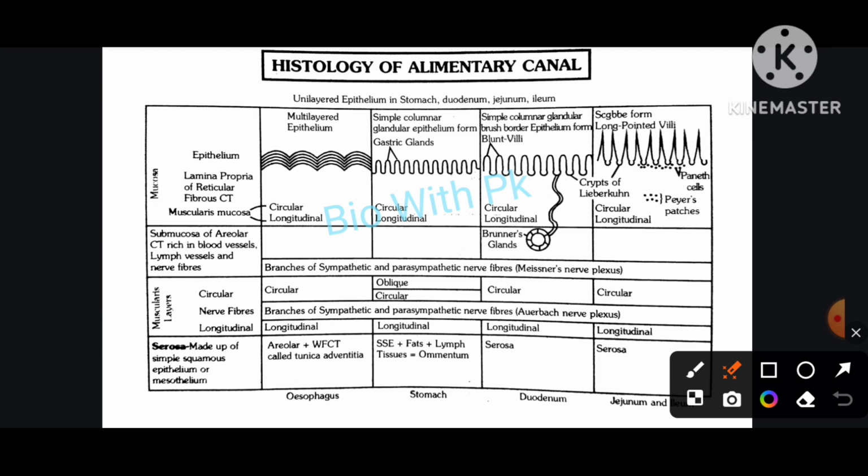Histology of alimentary canal. Unilayered epithelium in stomach, duodenum, jejunum, ileum. Mucosa. Multilayered epithelium, simple columnar